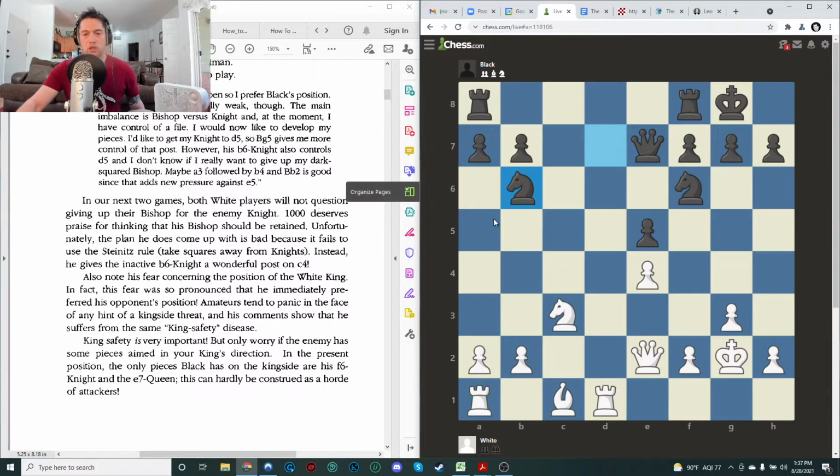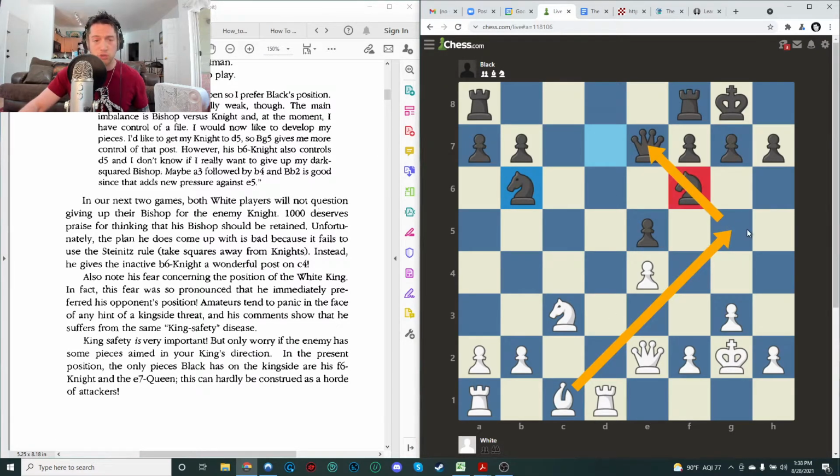1000. White's king is a bit open, so I prefer black's position. Black's e-pawn is potentially weak, though. The main imbalance is bishop versus knight, and at the moment I have control of a file. I would now like to develop my pieces. I'd like to get a knight to d5, so bishop g5 gives me more control over that square. However, the knight on b6 also controls d5, and I don't know if I really want to give up my dark square bishop. Maybe if I play a3 followed by b4 and bishop b2, this will put new pressure on